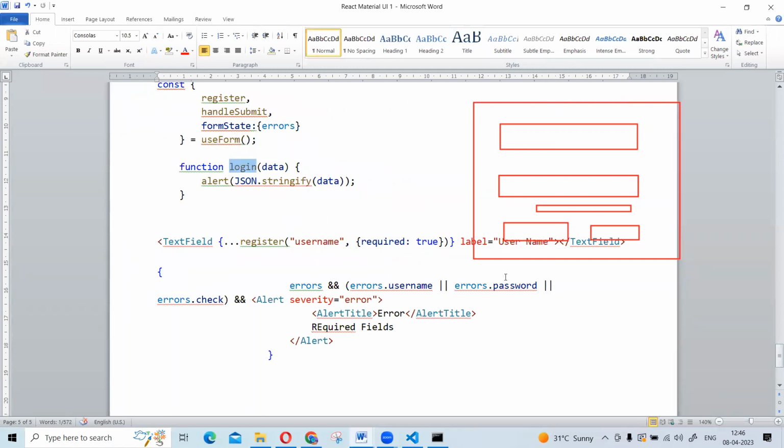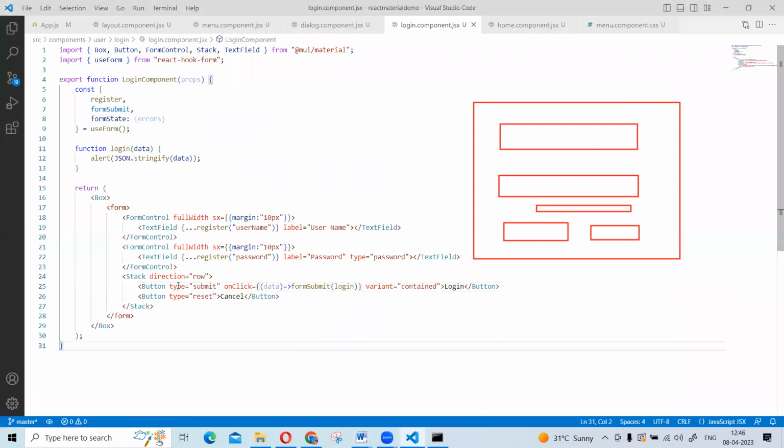So directly this login we are going to call, type submit. When I submit this one